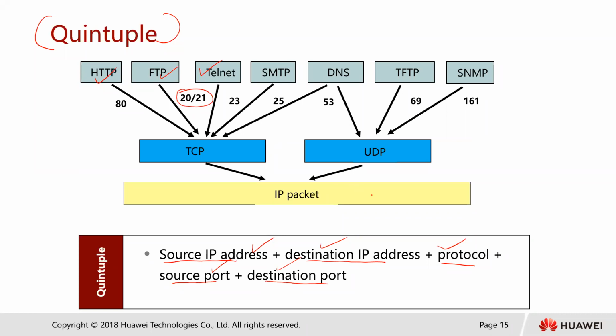And the source port: common application services such as HTTP and FTP also get a source port. So the quintuple is a concept so that an application server can respond to service requests. It must register the port numbers and the protocol for the services it hosts. By using the quintuple, the application server can respond to any concurrent service request while ensuring that each link is